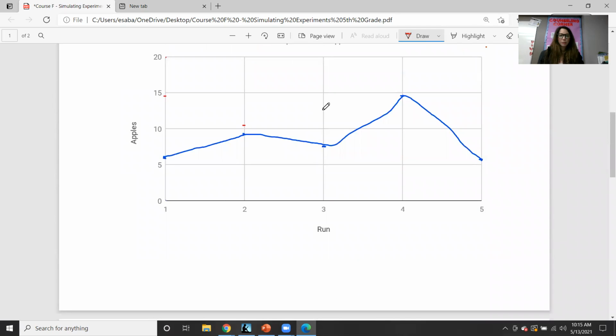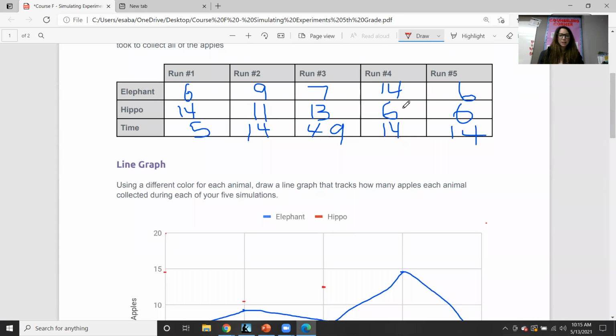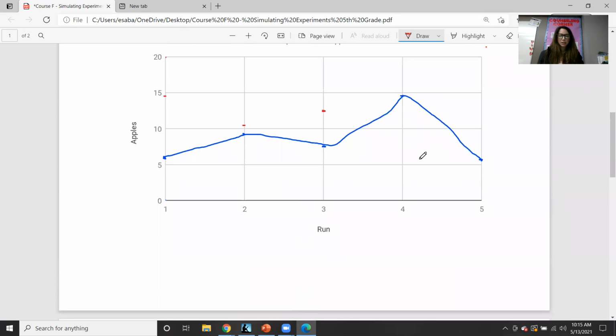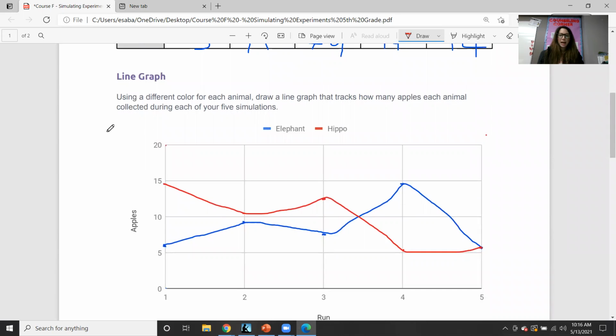The third run was 13. So right about here. The 4th run was 6. And so was the 5th one. So we have a 6 and a 6. So now I'm going to make my line for hippo. And there we go. So now I have created a line graph that helps me track how many apples each